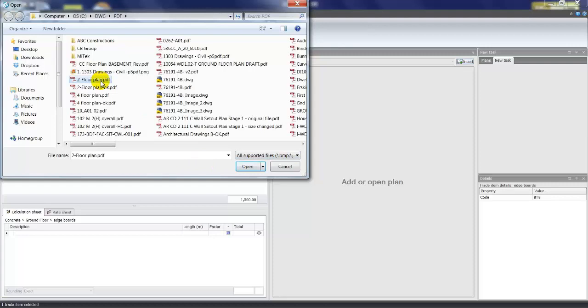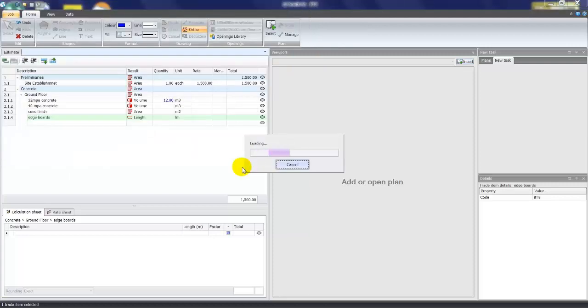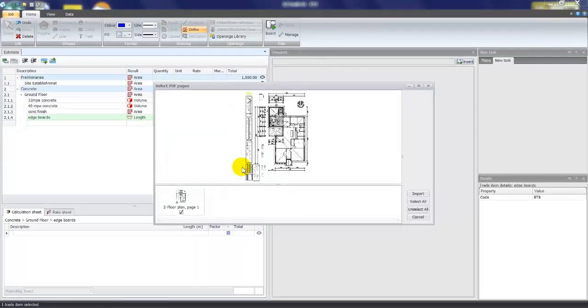If I select the PDF file and click open, a little preview screen will appear, and this is handy if you had a multi-page PDF. You could select which pages you want to import into the program. You can have multiple plans open in the viewport by just opening them as you need them via the insert button. If I select import,